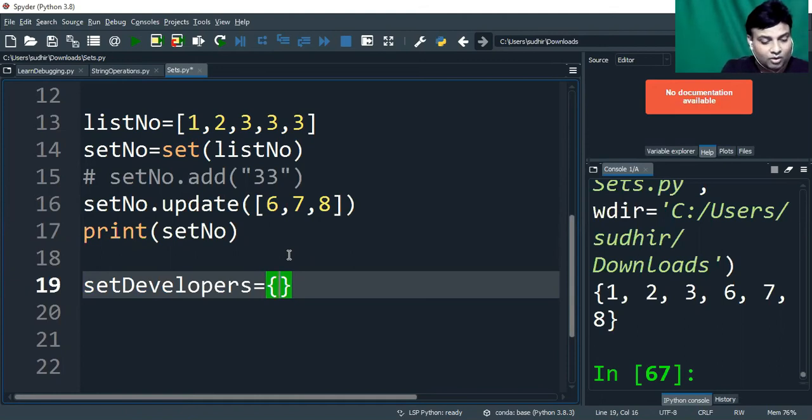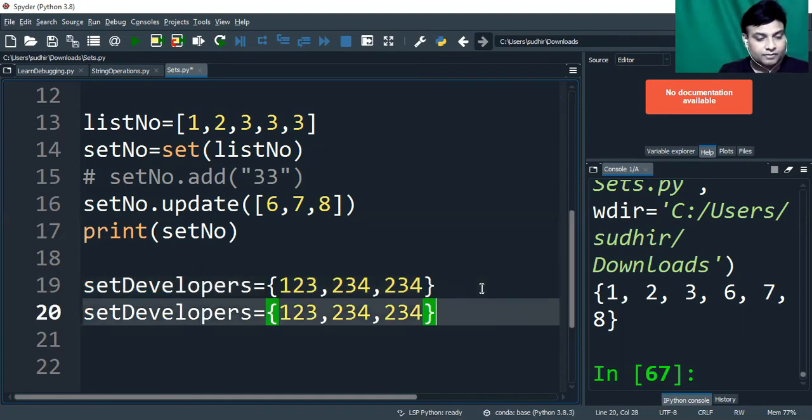So they have got some employee IDs like this, and I have another set of developers where employee IDs are like this. I'll change something over here, and then let's start.